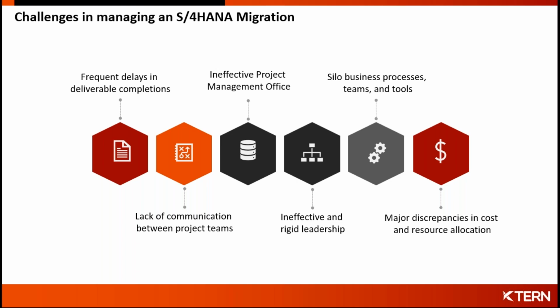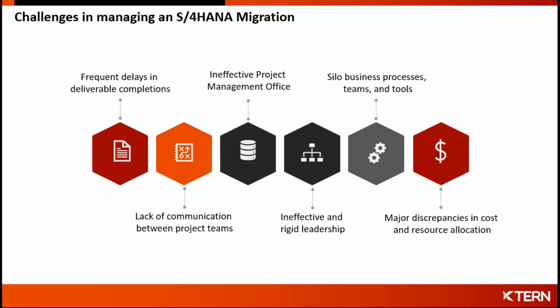The functional stream, the technical stream, the data management stream, the IT stream, the basis, the security, and obviously the project governance team and the project management team. So all of them work in silo with their own roles and responsibilities. How is it that they can collaborate with each other, because one team would require the information which is in the other teams? So these kind of collaborations are one major challenge which we find when it comes to SAP